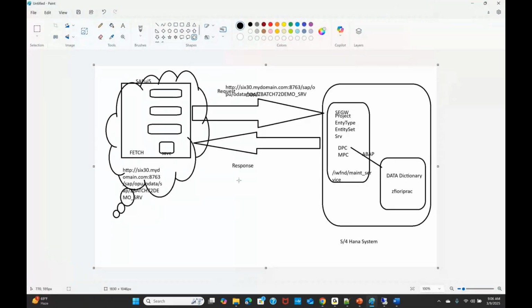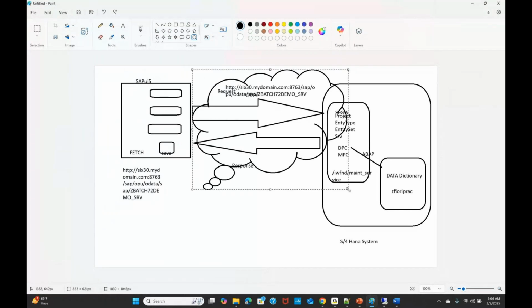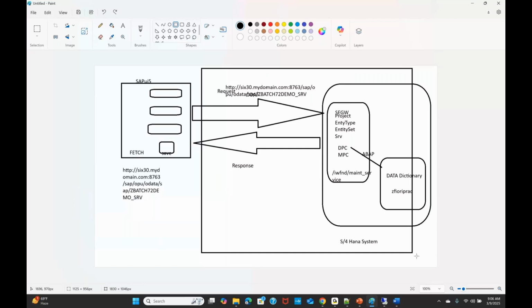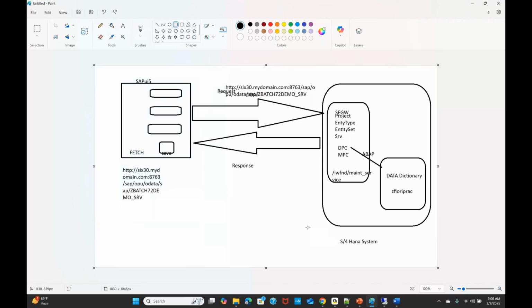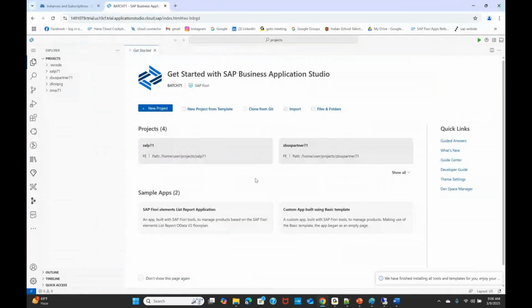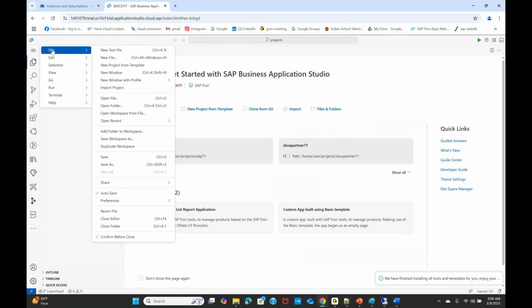Up to this part, anyone have any questions? Any questions up to this part? Okay. So now this part which is there. I will not talk about the Cloud Connector and everything because this is a demo. I will just be developing and consuming the OData service which I have developed. The Cloud Connector and everything, we'll discuss in detail in the training.